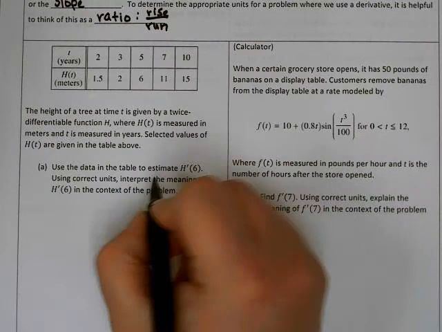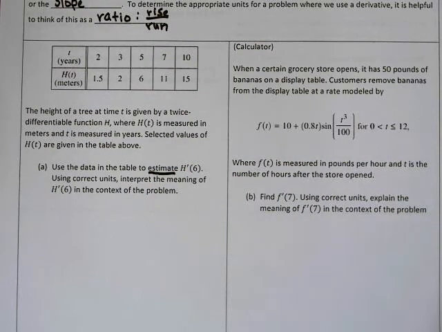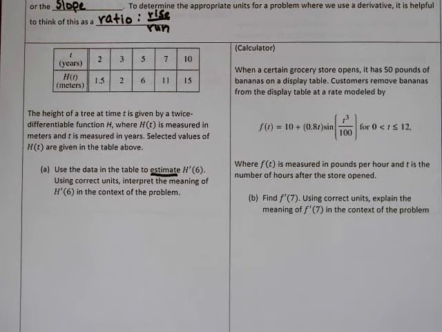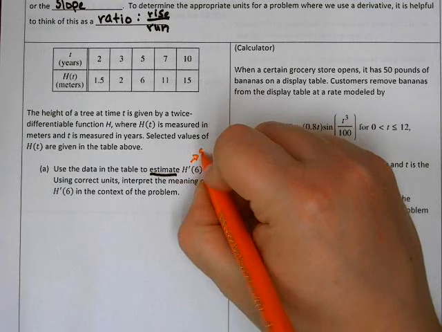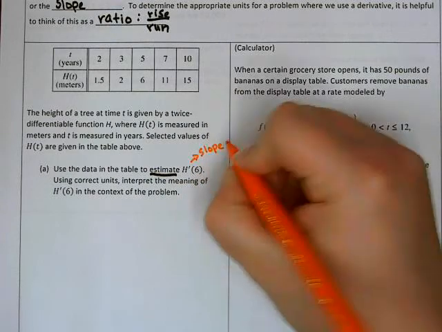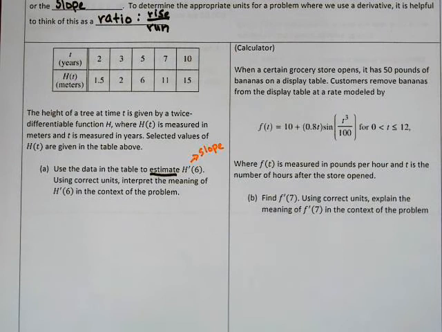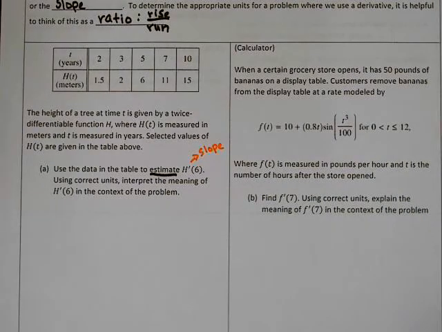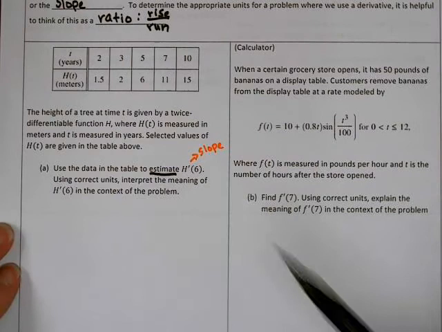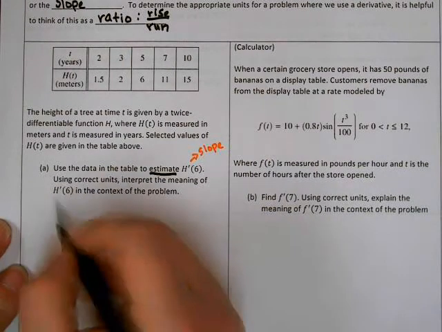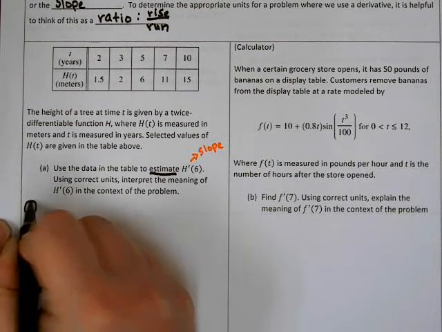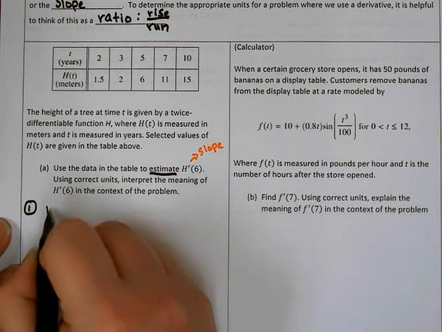So the first thing we have to recognize is that we are doing an estimate here. We're not finding the exact value for h prime of 6 because we don't have a function. All right, but we know that when we see h prime of 6, that's a derivative, it means that we're going to need a slope. So if we had the function, we take the derivative and we would substitute 6, but we don't have that. So instead, we're going to have to think about how we can actually find the slope. So we know that the first part of our problem here, we're going to have to find the actual answer. So h prime of 6,